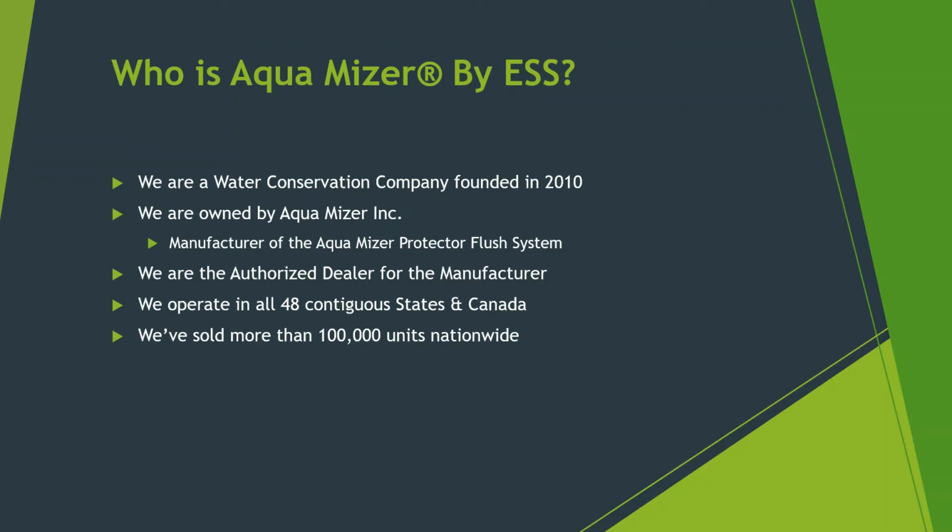EcoSense, which is our dealership brand, is owned wholly by AquaMizer Inc. It's the manufacturer of the system. We're the authorized dealer, so we're the ones who actually do the installations and the sales cycle of it. AquaMizer Inc. itself really just manufactures the product and provides it as a supply side. We are in all 48 contiguous states of the United States, plus we also do work in Canada, and we've sold more than 100,000 of these units nationwide. So if you go to the next slide here,